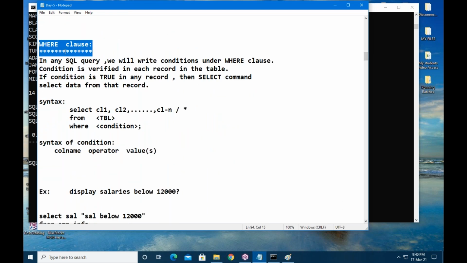In any query, under where clause, we will write conditions. What is the syntax? The syntax is like this: select your data from table name where condition.